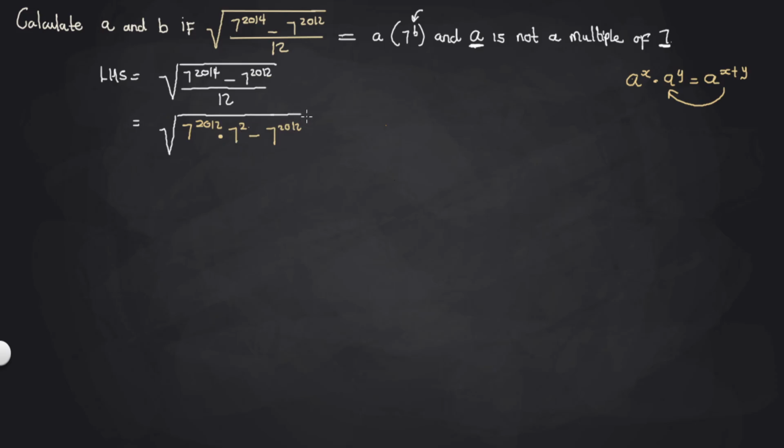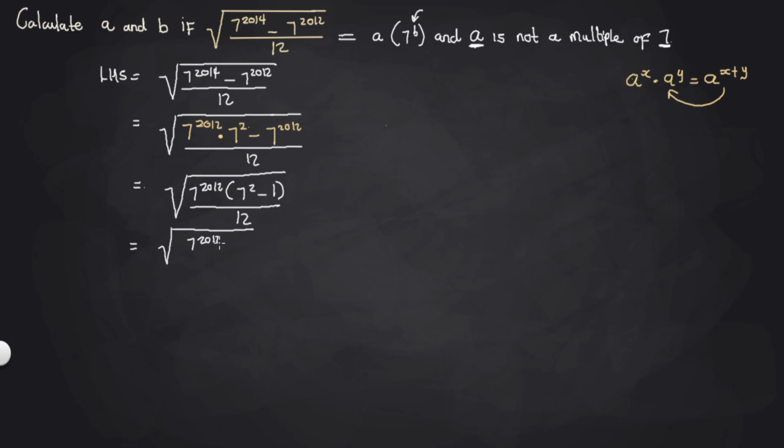Let me drag this, everything divided by 12 equal to, okay, so now on the numerator underneath the square root, I now have a common factor, that is 7 raised to exponent 2012. In bracket, it's 7 squared minus 1. Everything divided by 12 equal to the square root of 7^2012 times, 7 squared is 49, minus 1